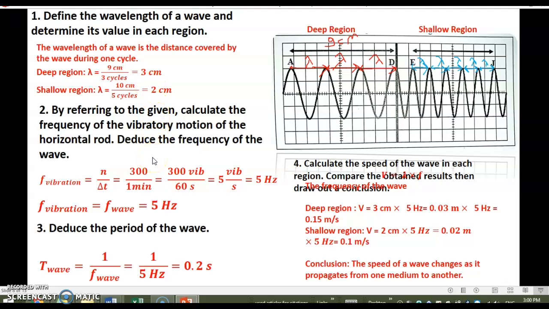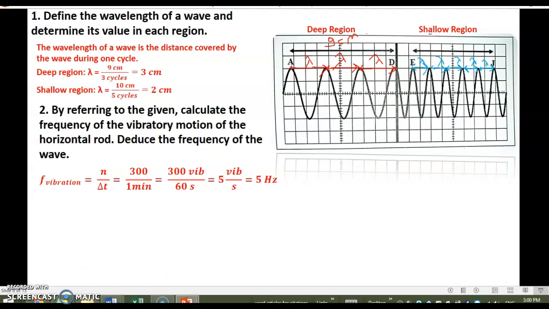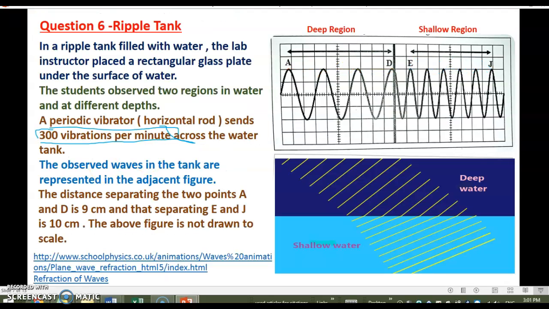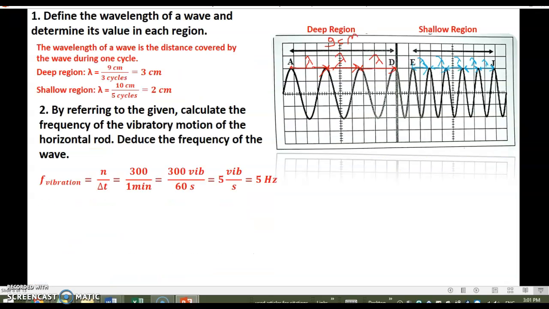Now, by referring to the given, calculate the frequency of the vibratory motion of the horizontal rod. Deduce the frequency of the wave. What are we given about the vibratory source? We were given that the vibratory source performs 300 vibrations per minute. So we're given the number of vibrations n and the duration delta t. That's why we can apply the formula F equals n over delta t, which is 300 over